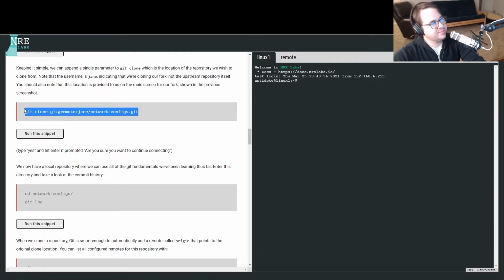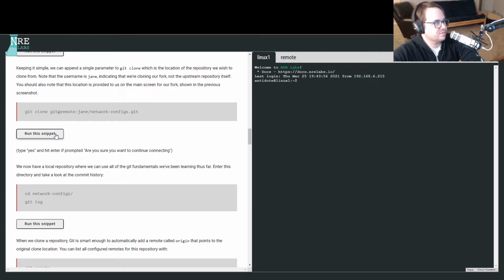Now, in previous chapters, we already had a repository locally, and we actually pushed it to our remote. In this case, we actually have the opposite. We don't actually have the repository yet locally. We don't even have the directory for it. So what we want to do is basically download the existing repository onto our machine,